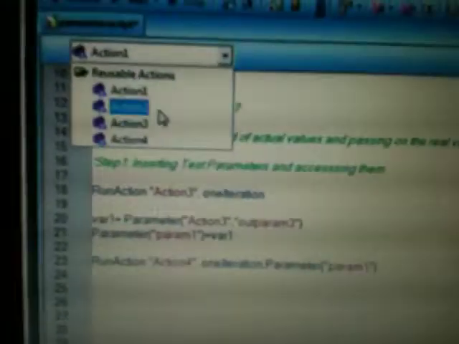So how to define action parameters? In action 1 I have defined a parameter as param1. Then I have got 4 actions actually. In action 2 I have defined no parameters. But I have used a variable x here and I have assigned a value as param2, just to show you how values can be assigned. If you are not using parameters also, values can be assigned, but passing these values will become tough.